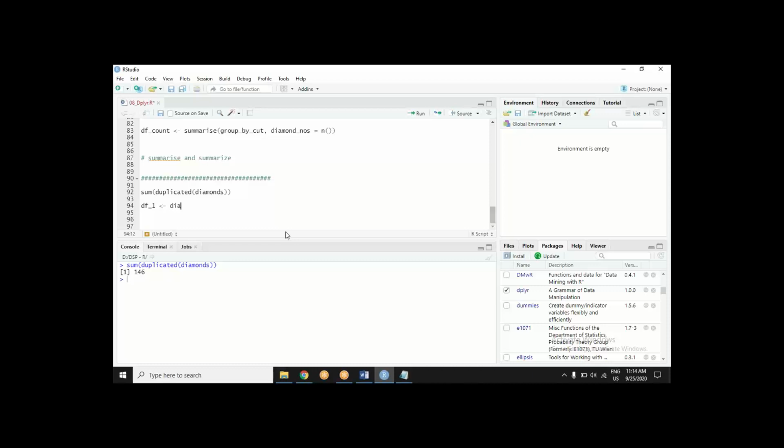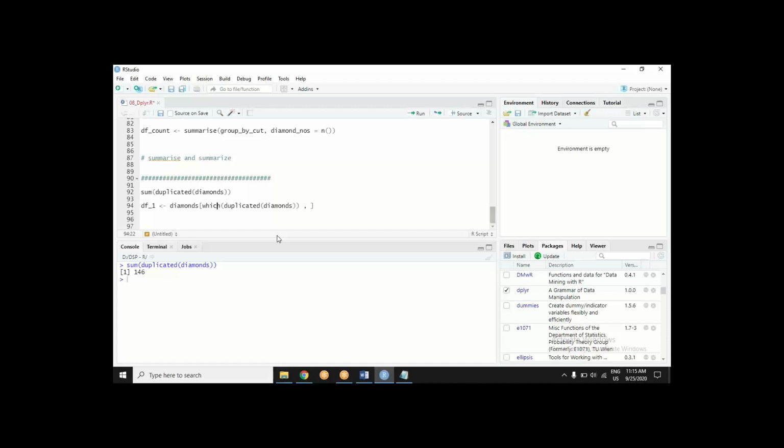Just pay attention. I am saying the diamonds data set, the square bracket means which rows. I only want certain rows where a condition is true. And what is the condition? That duplicated diamonds. Think about it. If I have to fetch those rows which are duplicate of something, I will write this kind of thing. So this will bring only those rows which have been duplicate in the diamonds dataset.